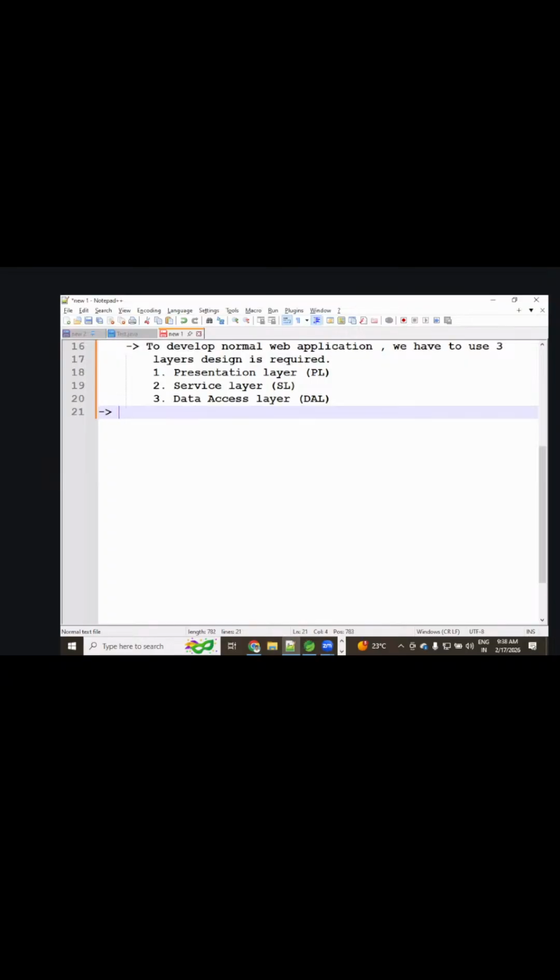So if you want to develop web services, one more layer is required. That is what I am trying to convey.